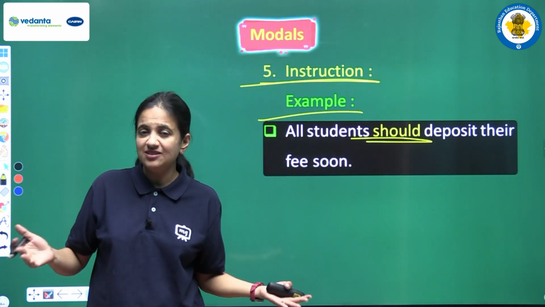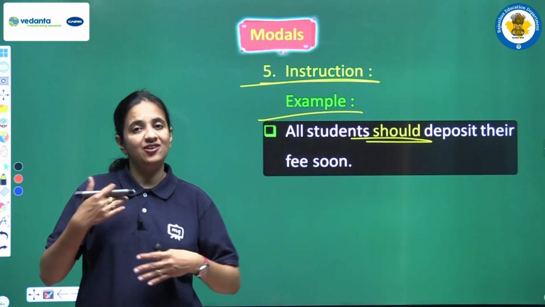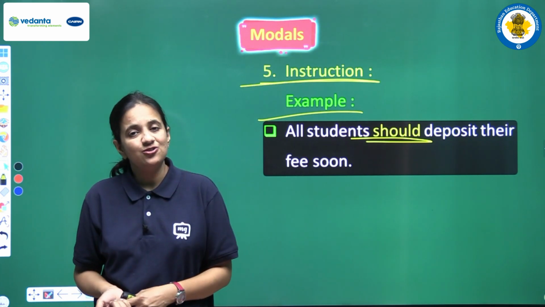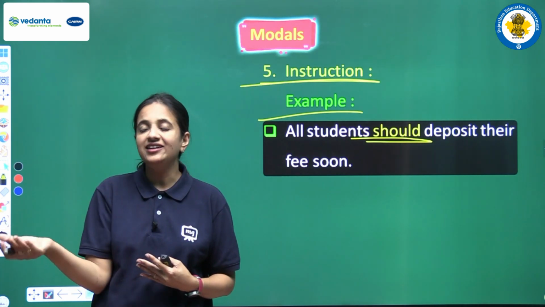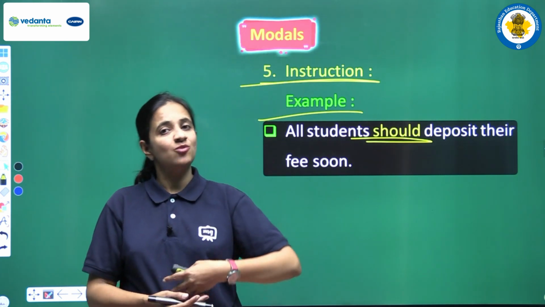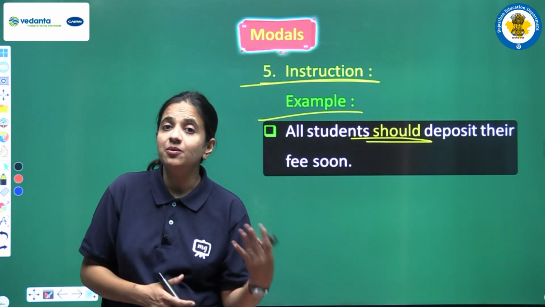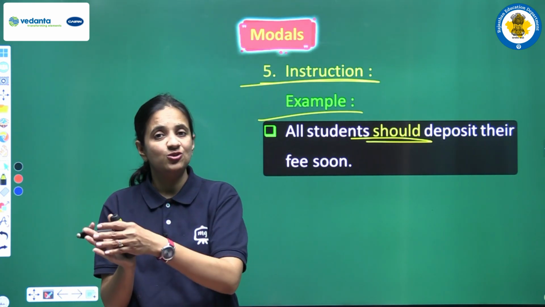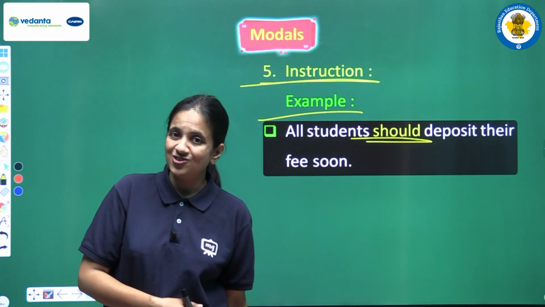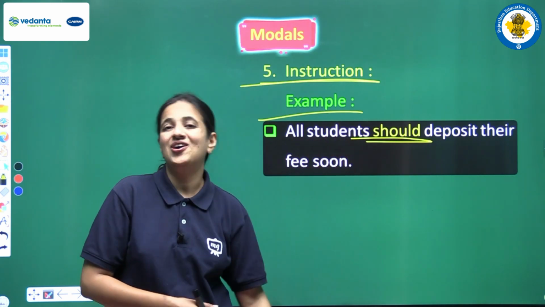Again, it's a very easy modal and a very common modal जिसे हम generally we all use in our daily conversation. So the major uses of should, I am repeating one more time. First of all, it is the past form of shall, that is used in indirect speech. Next, it is used to show moral obligations, moral duties, or our responsibility. It is also used to show purpose, and in that structure it is used with lest. It is very important, just be very careful. And yes, it is also used to give instructions like we have here. Okay, so this is all about should.